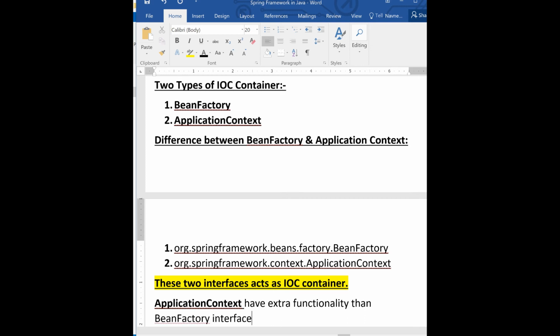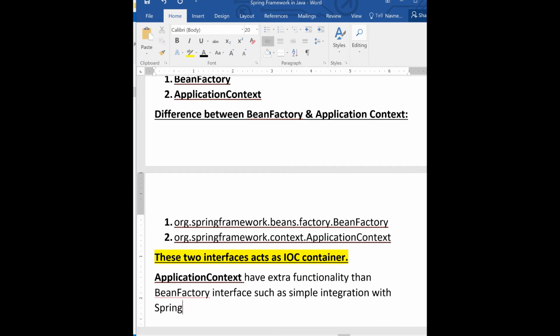Such as, we can write a simple integration with the Spring AOP concept, we will understand Spring AOP later.